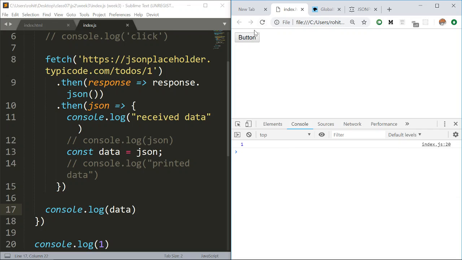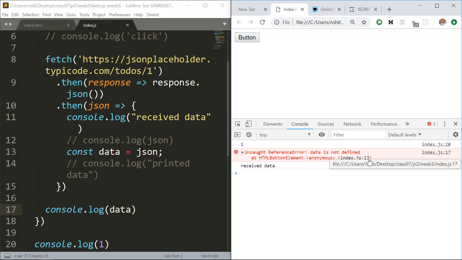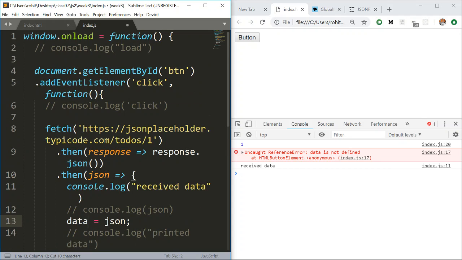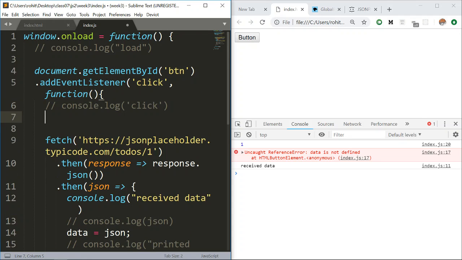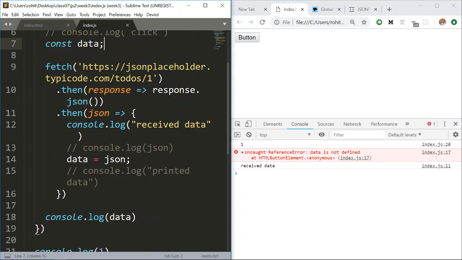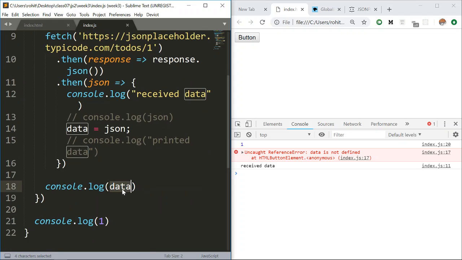So the error arrives when we click on the button, right? Data is not defined. So instead of defining it here, we just assign it here, and we define it over here, right? So now the scope is correct. If we define it over here, then it should be accessible over here, right? No, you need to call it before the